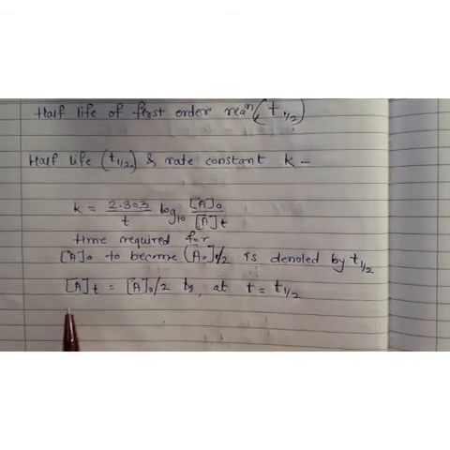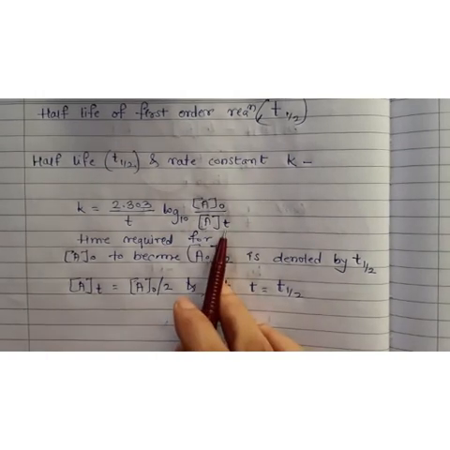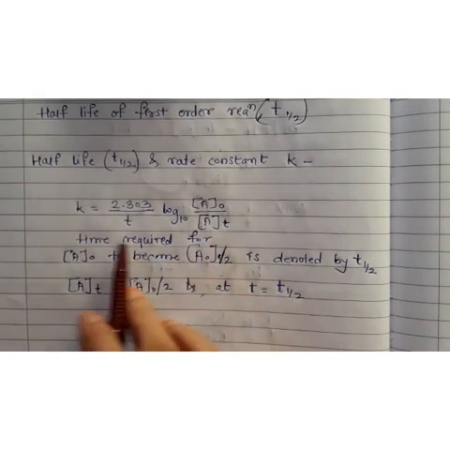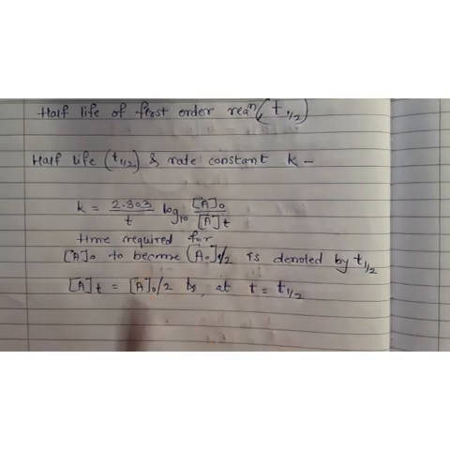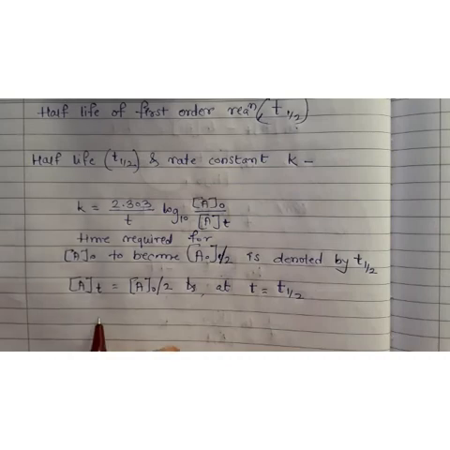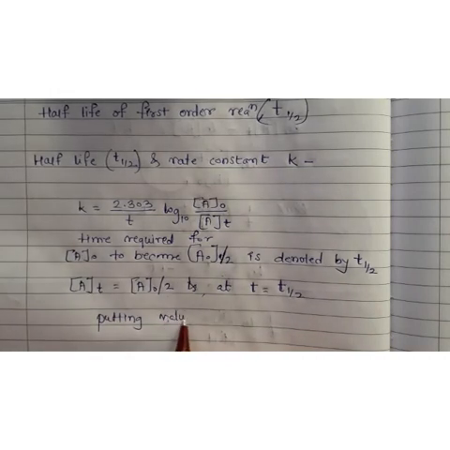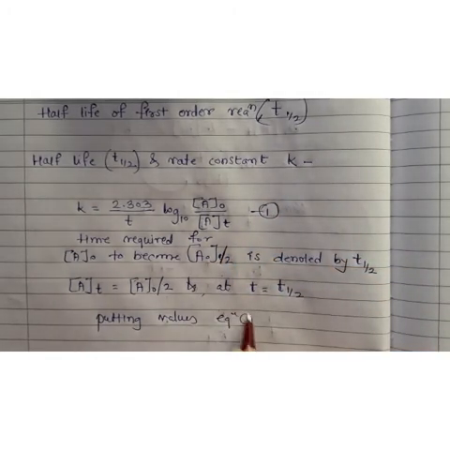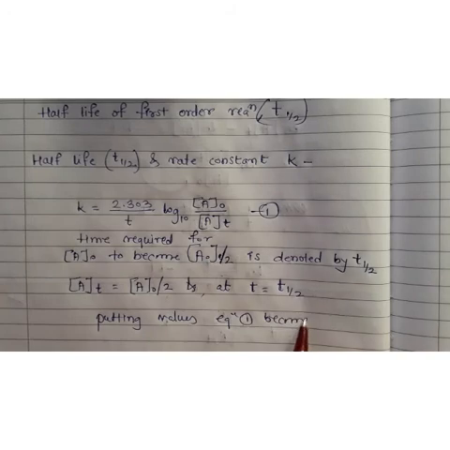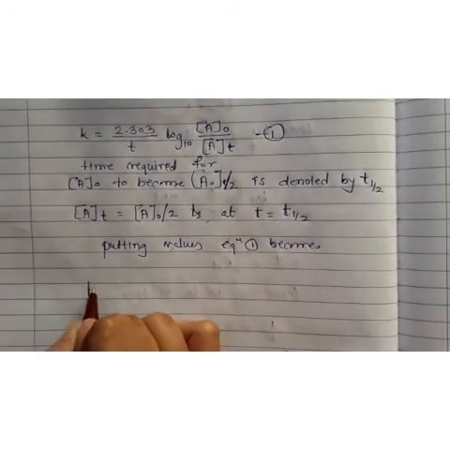We have to put A0 by 2 in place of AT, and here we have to put T half. Putting values, suppose this is equation number 1. Equation 1 becomes, let us write this, K is equal to